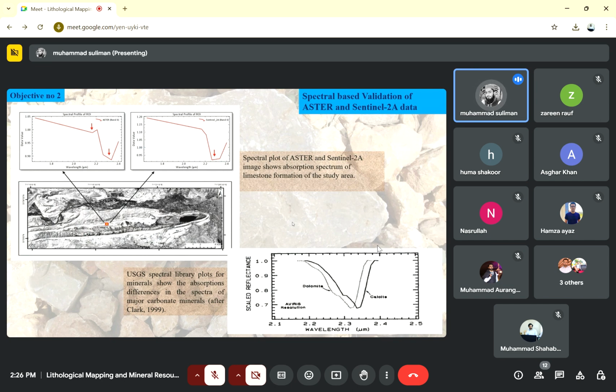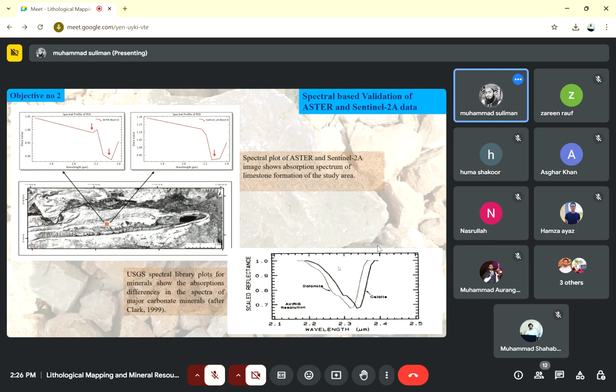Now come towards the second validation process, to validate the spectra of our resultant map with ASTER and Sentinel. So when I took a portion there of ASTER and Sentinel, the result also shows us that it dipping nearest to 23 nanometers, micrometers, sorry, and one dipping is near to 18 to 1900. And if I talk about the Sentinel, it dipped near to